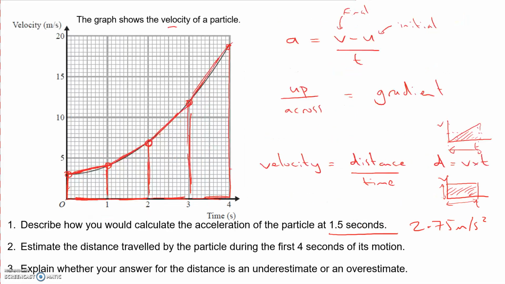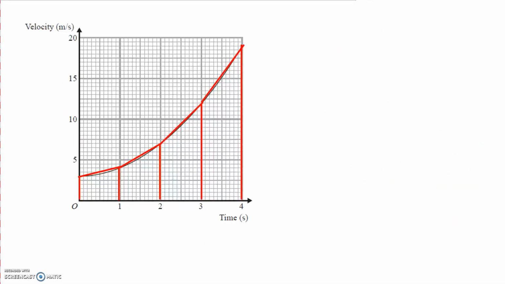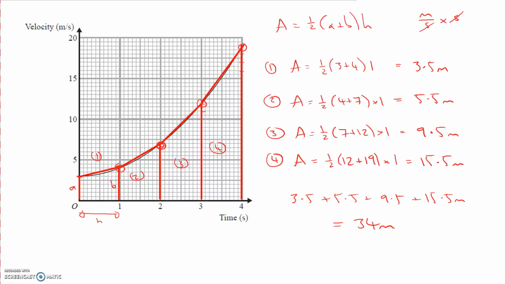Let's go back. So we've now got 34 metres, and that's during the first 4 seconds of its motion. Explain whether your answer for the distance is an underestimate or an overestimate. Well, if we look back at the lines that we drew, every single approximation line was slightly above the curve. So we're going to get a value for the distance that's slightly above the real value. So hopefully it's clear that in this case, we've got an overestimate. So 34 metres is an overestimate